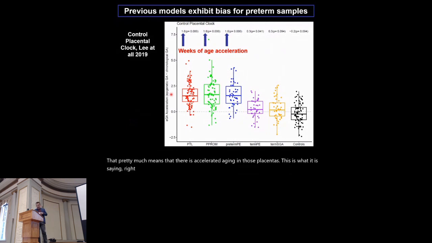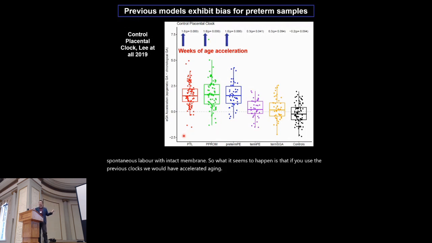Now, if we're breaking down those predictions by the different phenotypes of preterm birth and term birth, we would see that this accelerated aging appears to be present regardless that women were induced to delivery because they had preeclampsia or because they delivered spontaneously with rupture of membranes here, PPROM, or after spontaneous labor with intact membrane. So what it seems to happen is that if you use the previous clocks, we would have accelerated aging in